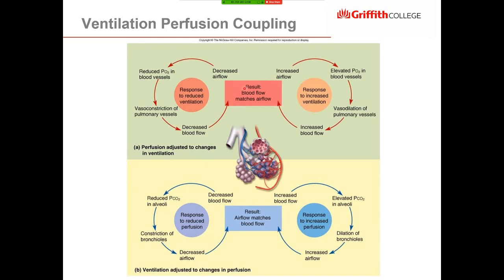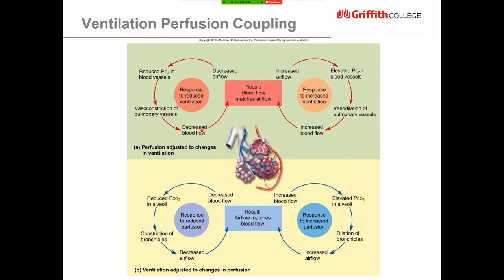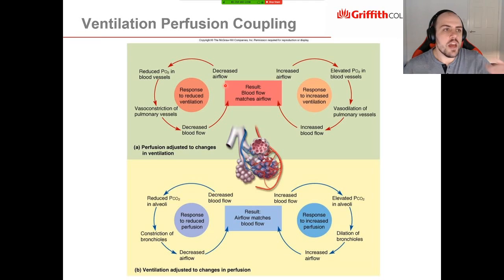So what we see, let's say looking at this one, if we have our decreased airflow and we see less oxygen within the blood vessels, what is then going to happen is that these pulmonary vessels here are going to vasoconstrict. And what that is going to do is essentially decrease the amount of blood flow. If you're not breathing in as much air,